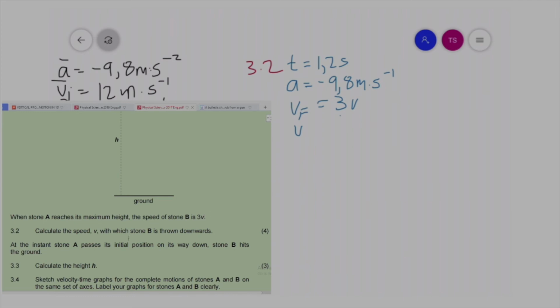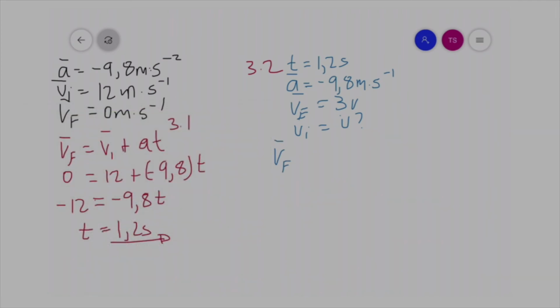V, right? Its initial velocity is v, which is basically our unknown in this case. Now, from what I have, the equation that I'm going to choose is V final equals V initial plus